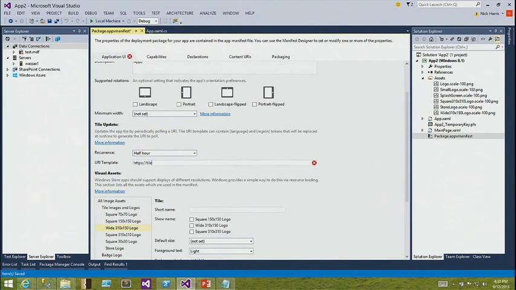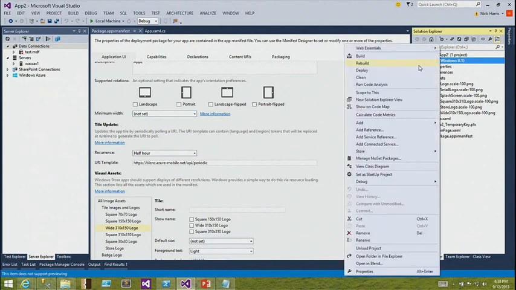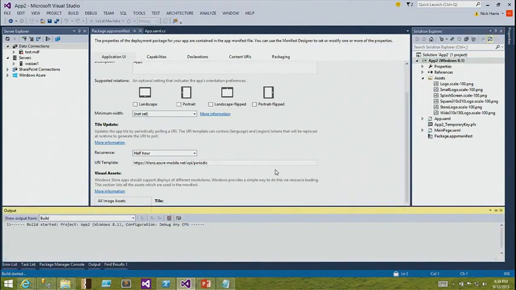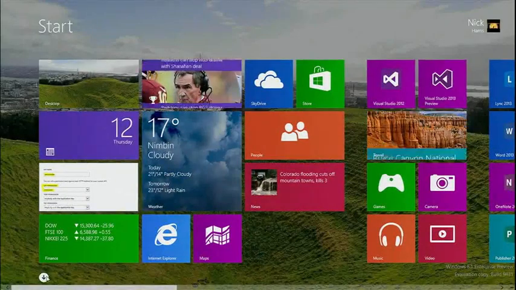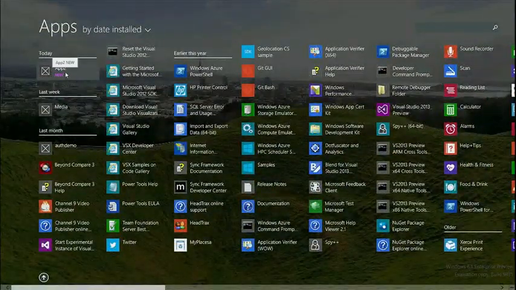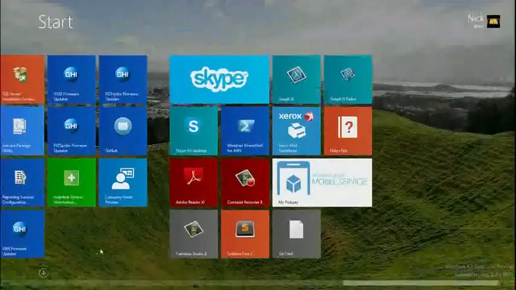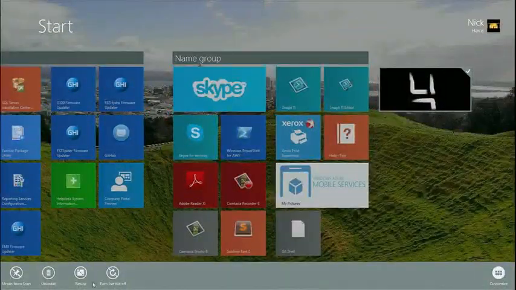And then what was it? tilenz.azure-mobile.net API for all custom APIs and periodic. Hit save. Hit deploy. Okay, and now if we come and do this, it's called app2, pin to start. If I set this as a nice